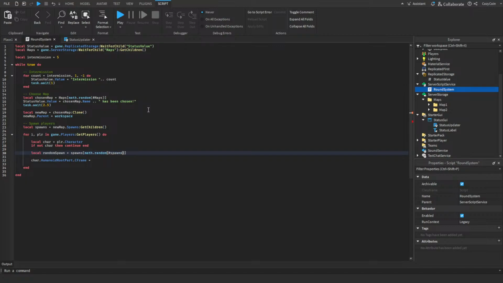Oh, I was messing that up. There we go. Spawns. So we get a random spawn, and we'll just get the CFrame of that spawn point, plus some extra height, like 5 studs above. Okay, so everyone should get spawned, and I'll also test it out: wait 5, and then destroy the map. So chosen map, wait, new map,